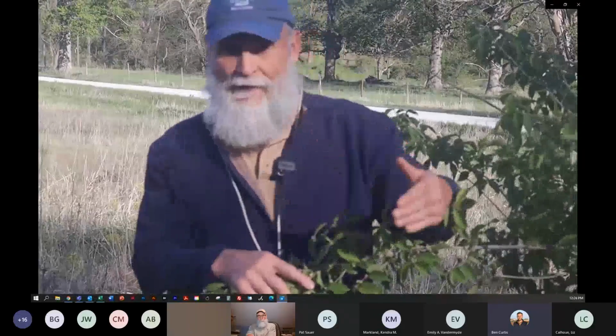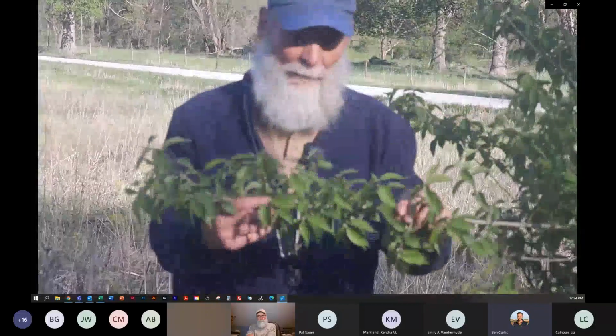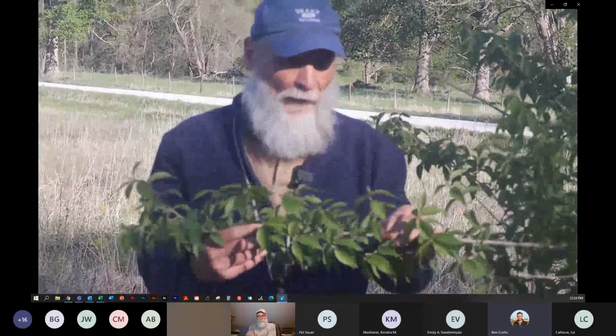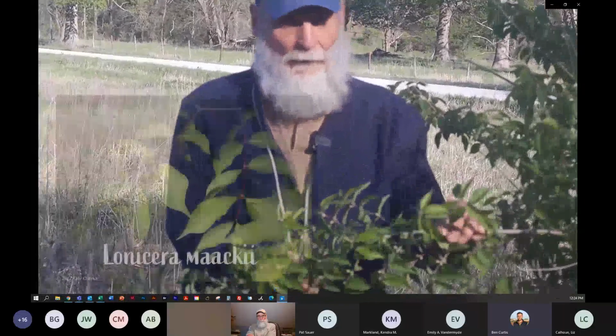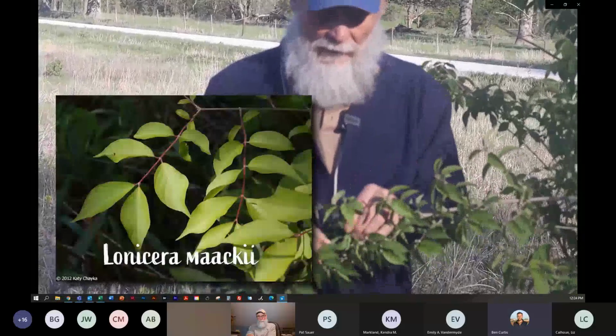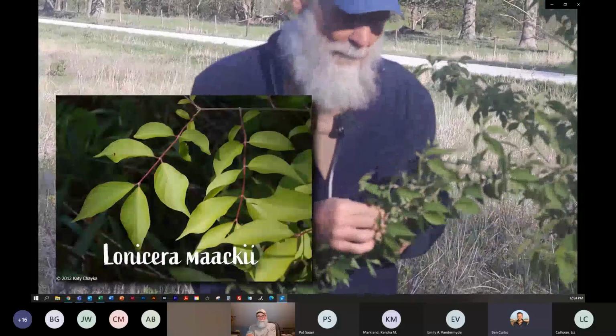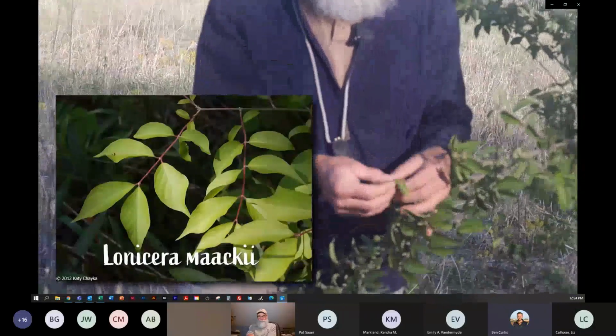We're also near the edge of it and near a little small riparian woodlot or small forest. And that's where all of this is coming from. That area over there, again, has a very dense understory of honeysuckle. So this is Lonicera maackii, Amur honeysuckle, one of 3 species of honeysuckle in Iowa and in the Midwest.